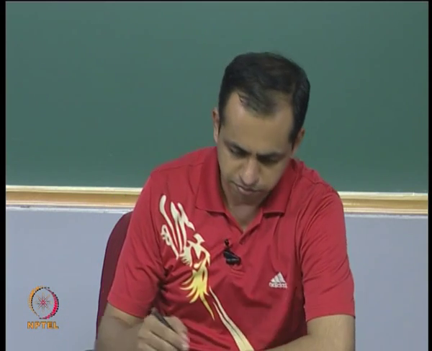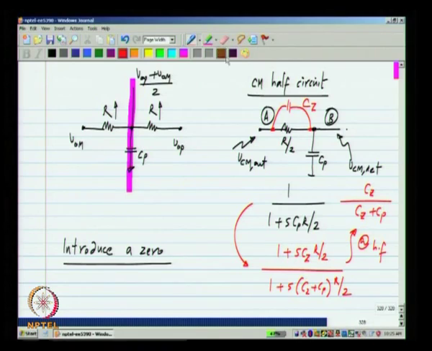So, there are many ways to think about this. You can think of the 0 providing a phase lead or a negative delay, but in any case this can be used to stabilize the circuit. So, that means that in the actual circuit, remember this is only the common mode half circuit. So, in the actual circuit we need to have half of the capacitor across each of the resistors in the common mode detector. Okay. Now, this is fine, this can be done, but you see that this will also load the circuit.